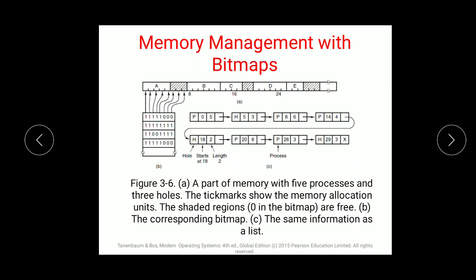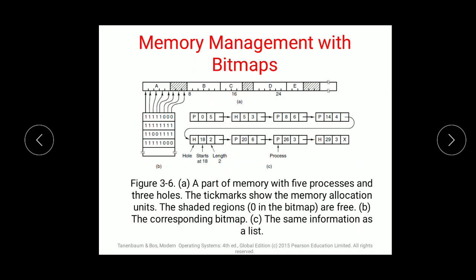Here figure 3.6 shows you bit mapping done in memory management. When we do memory management, even with an allocation unit as small as 4 bytes, 32 bits of memory will require only 1 bit of the map. So only 32 bits of memory can be arranged into one bitmap value. Memory of 32n bits will use n map bits. So the bitmap will take up only 1/32 of memory.